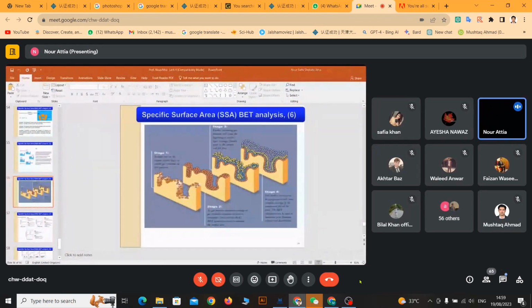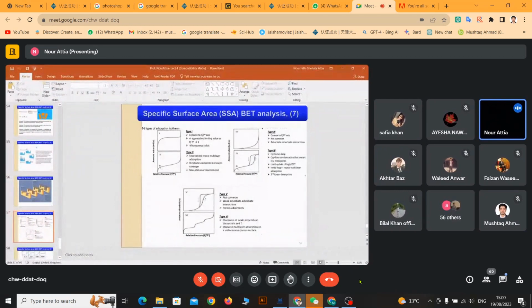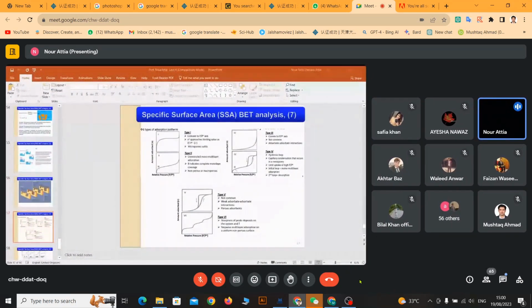Based on the isotherm, you can know you have type 1, type 2, type 3, type 4. Type 1 is just the IUPAC classification of nanomaterial. As I told you, you have microporous, mesoporous, macroporous, and based on the hysteresis loops,